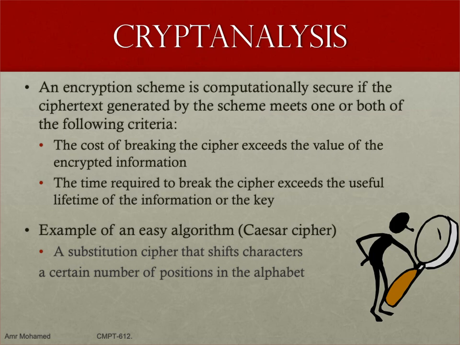As we said, it's not 100% proof, but if the cost of breaking the ciphertext, which means implicitly that we can generate the original message corresponding to this ciphertext, which means implicitly that we have some information about the key, exceeds the value of the encrypted message,